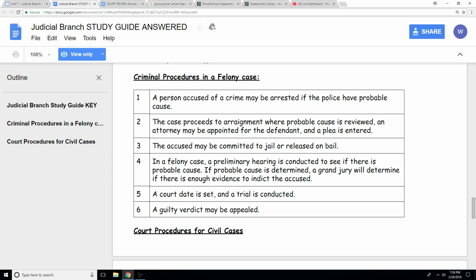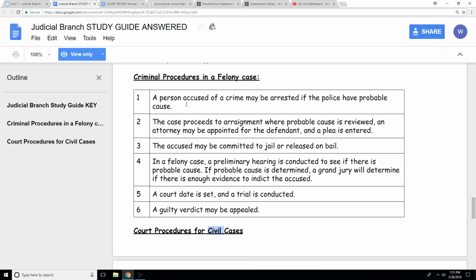So there's two types of cases, criminal and civil. So there's one test question right there. I'm going to ask you what are the two different types. There they are. Criminal, you're looking like somebody's being accused of a misdemeanor or a felony. We're trying to see if they're guilty or not guilty. Civil case is more like when you're suing someone, or what it's going to most likely say is the plaintiff files a complaint, meaning they're complaining about something, and they're seeking compensation in return, meaning most likely money.